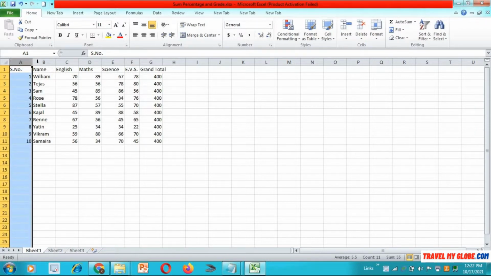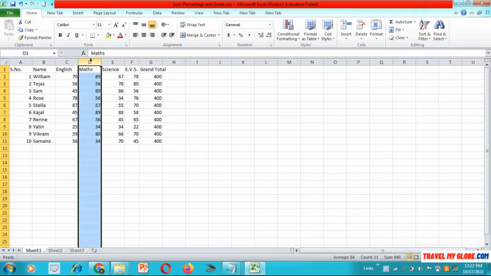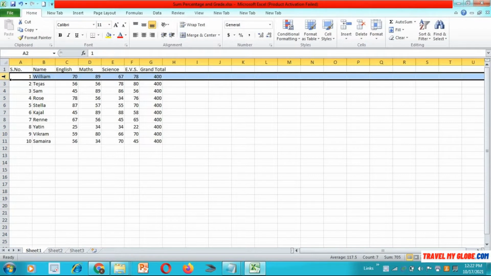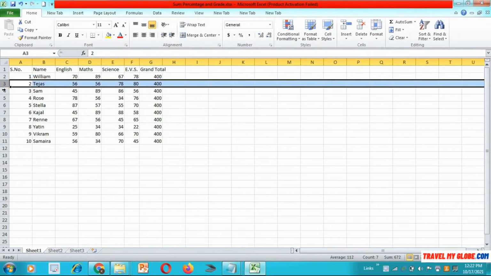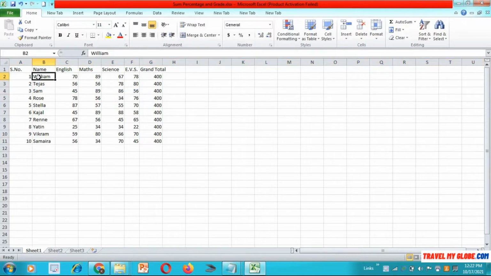Column number A, column number B, column number C, D, and so on. And this is the row. Row number 2, row number 3, row 4. And this particular box is called a cell. And each cell has its own address. For example, if we are on this cell, then this is C2. You will see it later on.